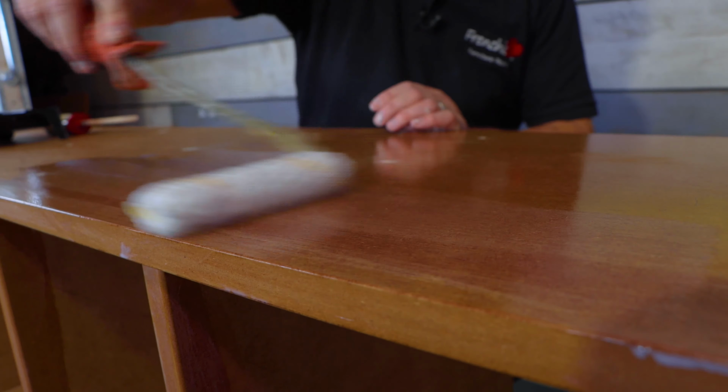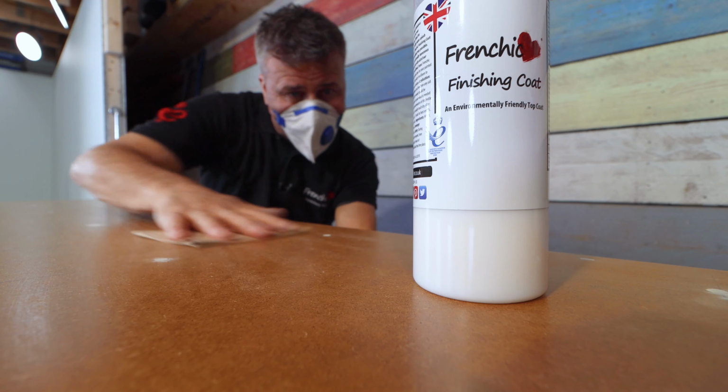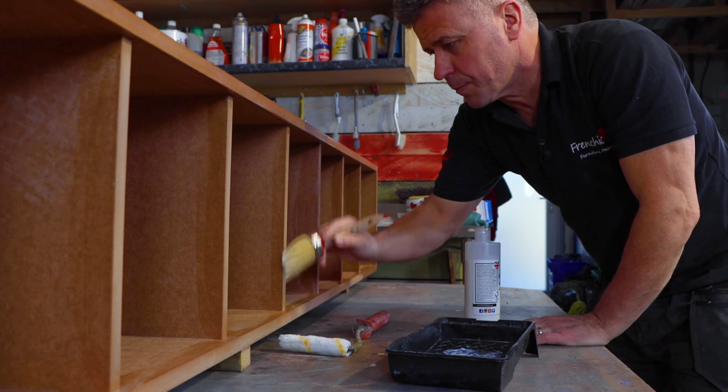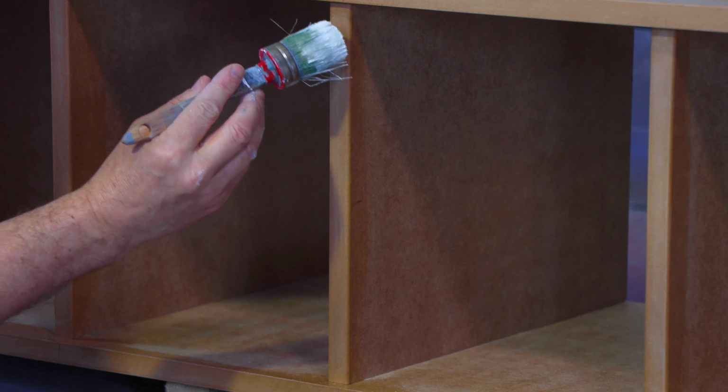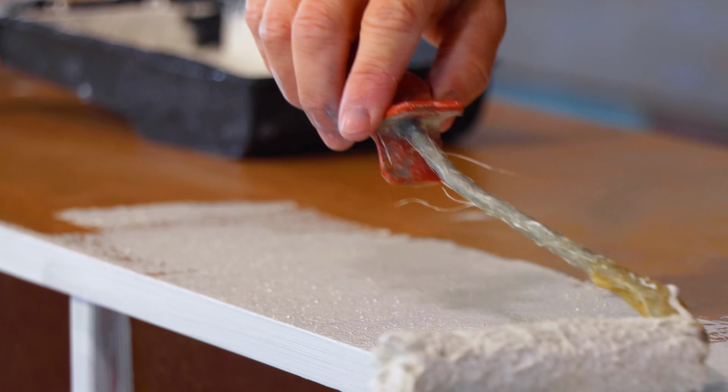Then I applied it along the sides with a radiator roller to seal the filler. Once this had dried, I gave it a gentle sanding down and applied a second coat of sealant across the whole unit. As for the painting, I used Frenchic's chalk paint, applied this on with a radiator roller and then